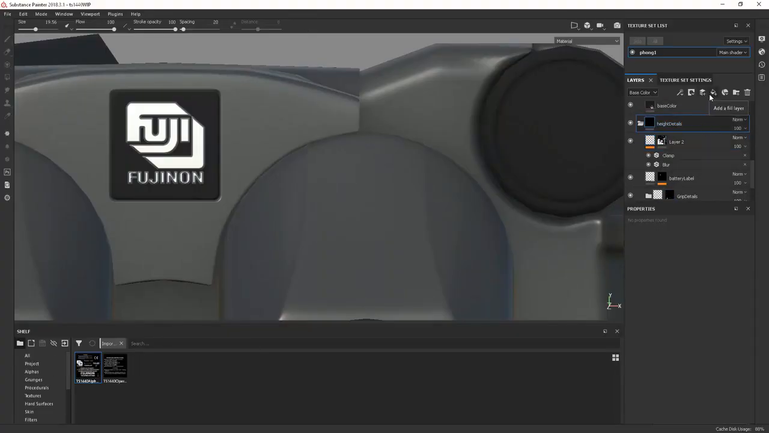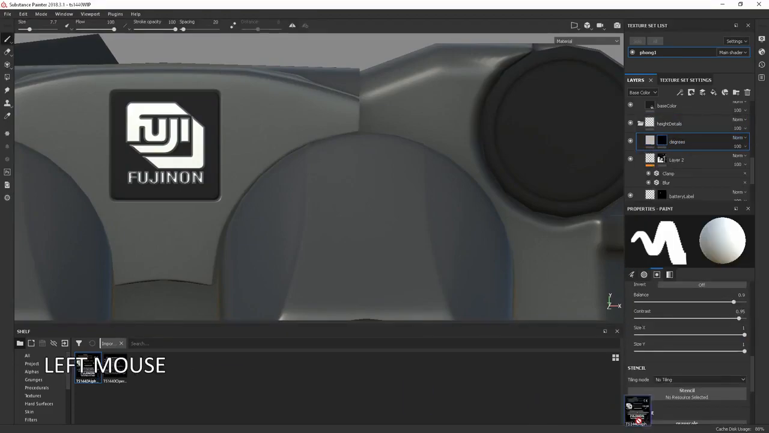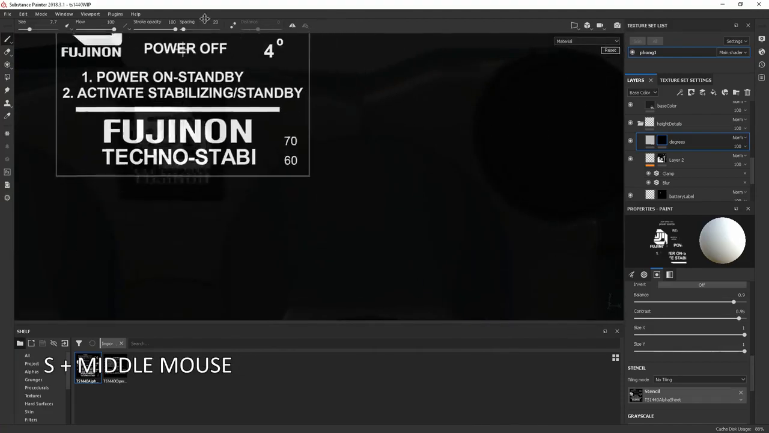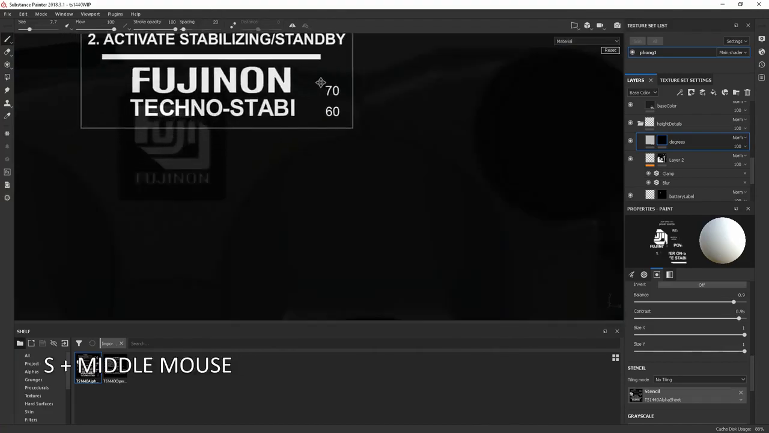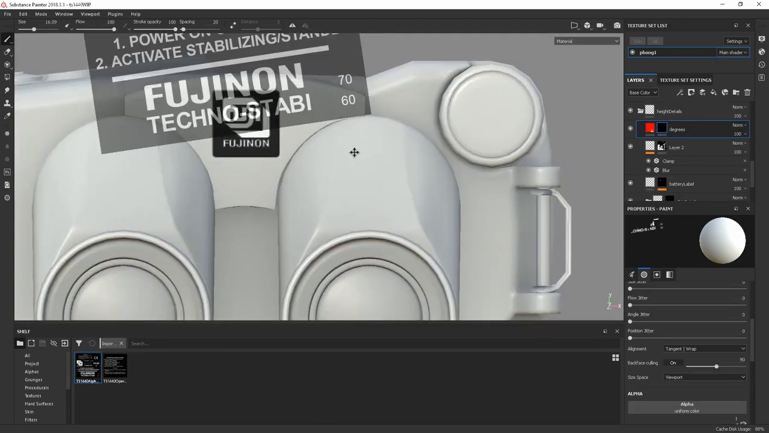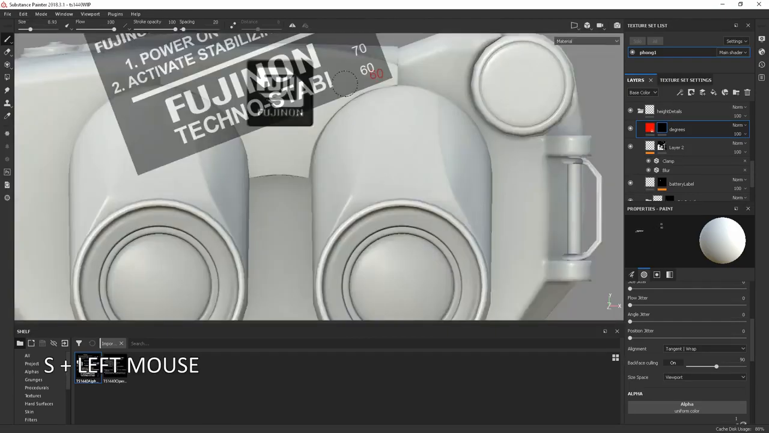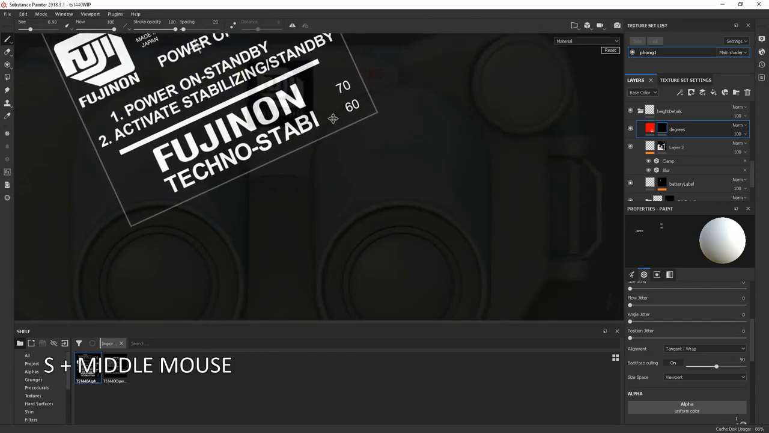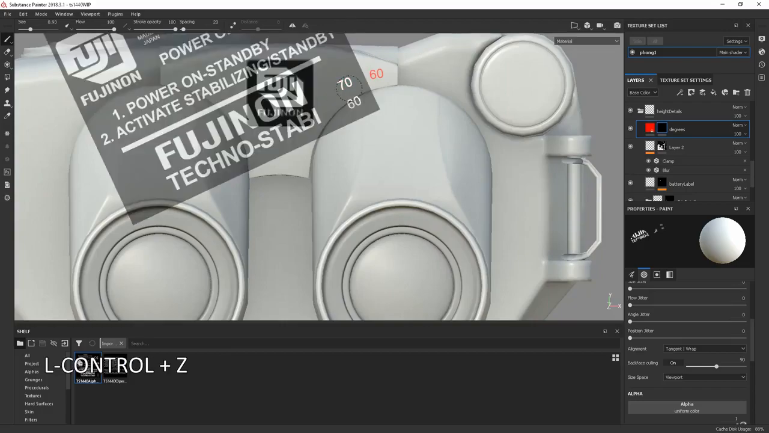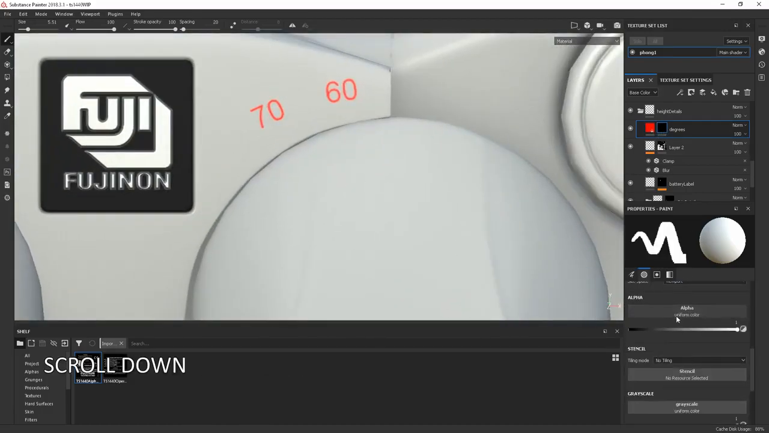The next thing I want to address is the little degrees indicators that are on the view lenses. So I make a new fill layer. I'm going to name this one degrees and throw a black mask in it. And just stencil the 70 and the 60 in one at a time. I turn off my other layers and I'm going to put a red color onto degrees so that I can see where it's being painted on. And once I have a position I like,